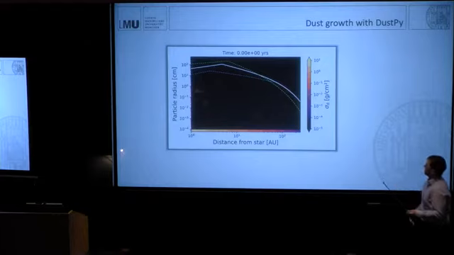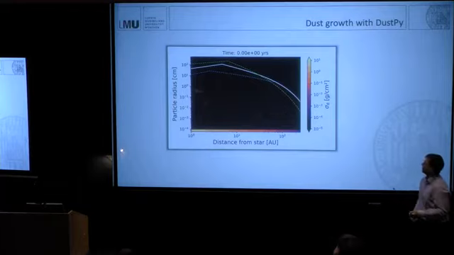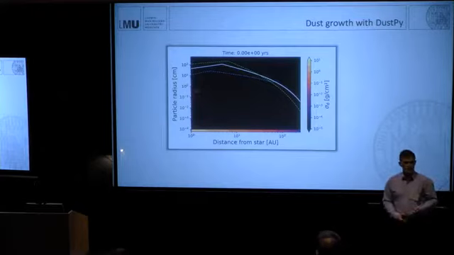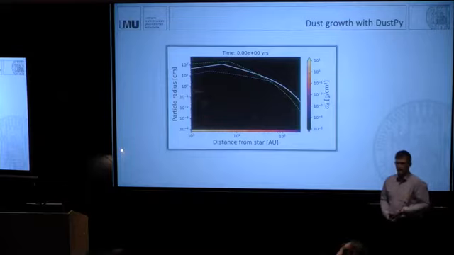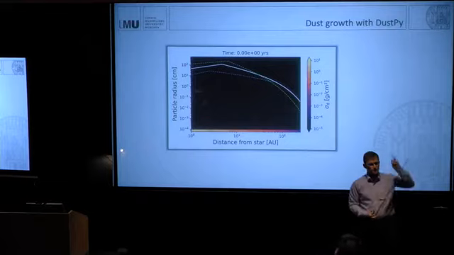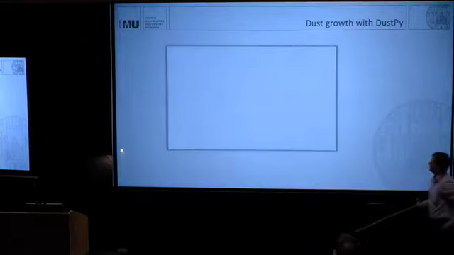There are also several other lines in this plot. The white line corresponds to particles of Stokes number 1. The blue dashed line is the fragmentation limit. So you will see when particles reach that blue line, they will fragment. And the green line is the drift limit. So when particles at the green line drift inwards faster than they can grow. That means at the green line, the speed in the left direction is larger than the speed in the upwards direction. And if I let this run,